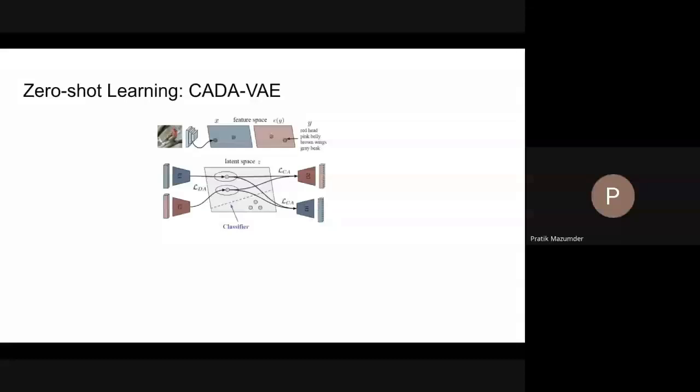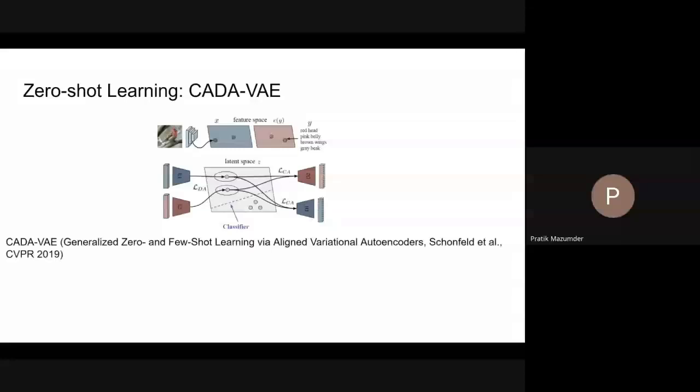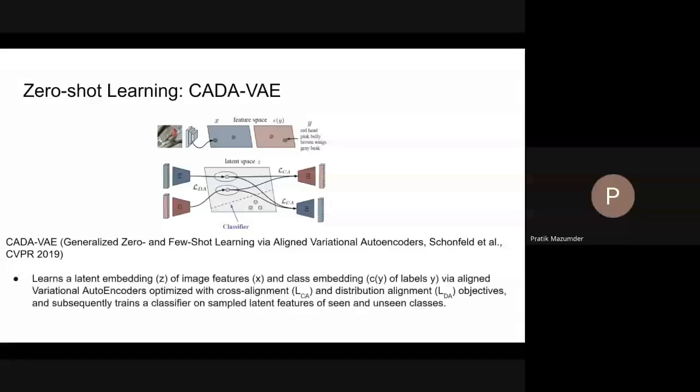VAE is a variational autoencoder, a generative model. We'll look into generative models in the third fractal, so that will come later on. I'll just briefly cover the idea behind it so that you can at least follow up on this topic. So, CADA VAE learns latent embeddings of image features, and it